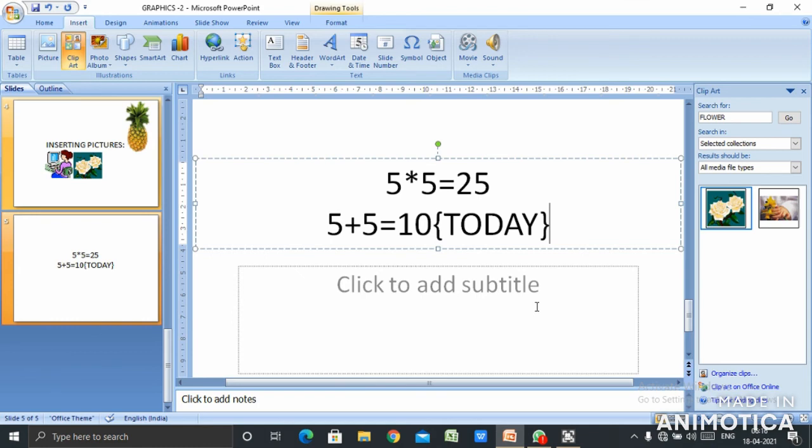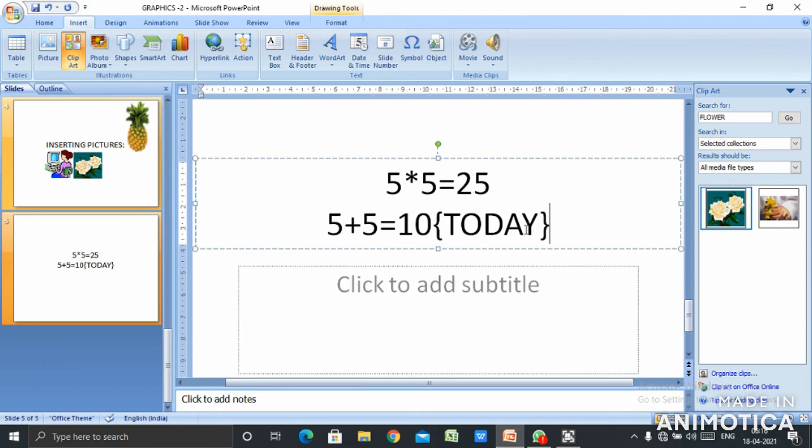So children, today we studied how to insert the symbol. This symbol is known as curly braces. Whenever we do addition or subtraction or multiplication, and we want to specially put them into brackets, we use the curly braces.